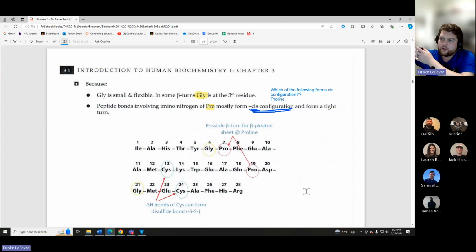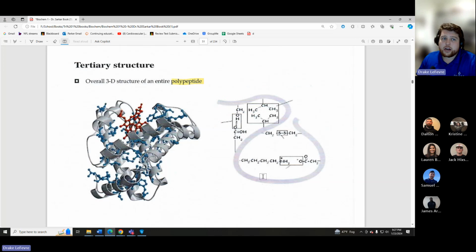A little bit later, another alpha helix, and another alpha helix. Then again, beta pleated sheet, and so on. So different parts of our full chain will form those secondary structures. So you can have multiple secondary structures on one chain. Okay, does that make sense to everybody? Yes. Okay. Tertiary structure is when all of those secondary structures fold up together, interact with each other to form